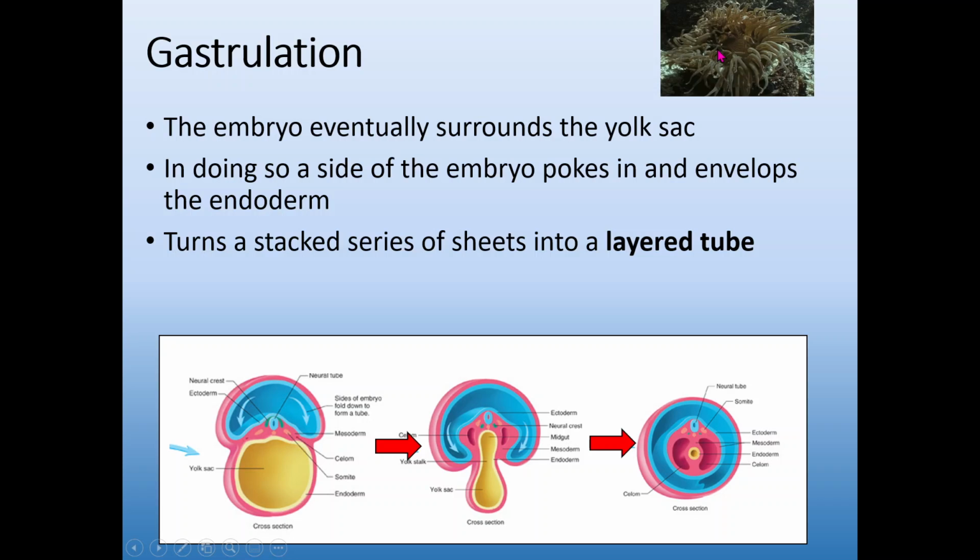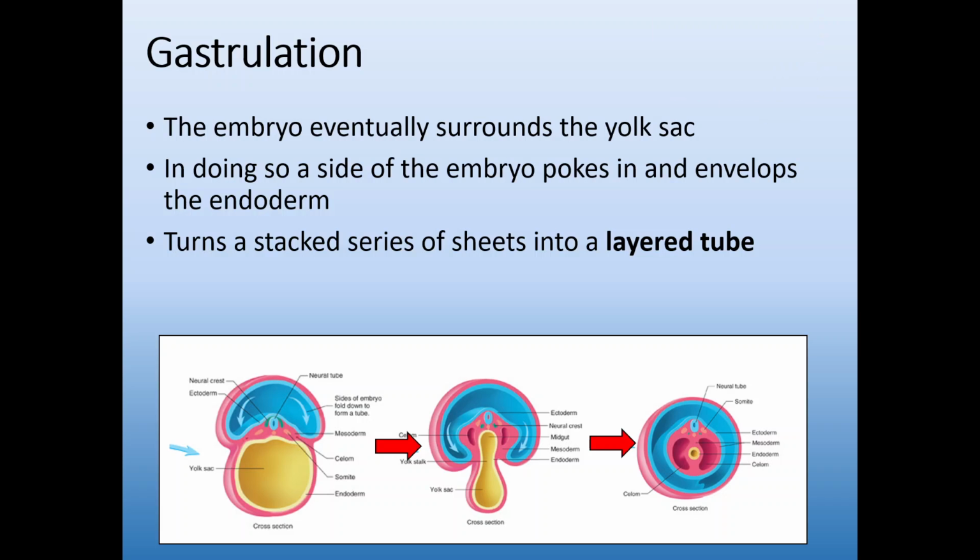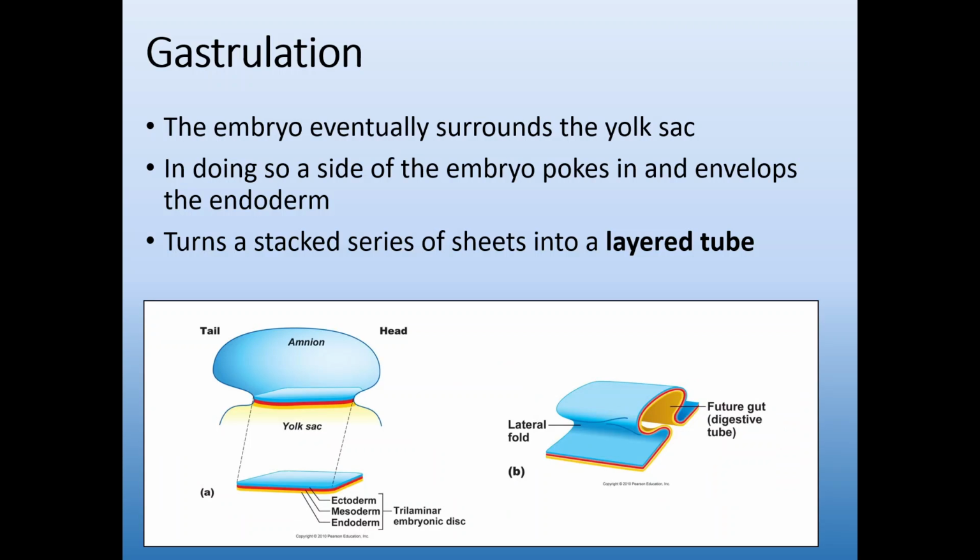I always think about it like a little sea anemone. If you've ever played with them at an aquarium, if you poke your finger in the center, they wrap themselves around you. It's a very similar analogy because they actually develop in the exact same way we do at this stage, and then we eventually split in very different directions. So the goal of gastrulation is to create this layered tube. And again, just showing you, we have this pushing up of the inside layer, creating this fold, which can then be fully enveloped to create a tube, which will become our organism.